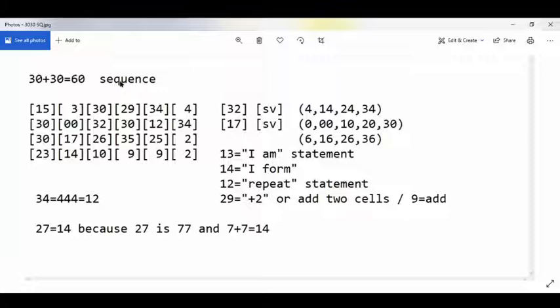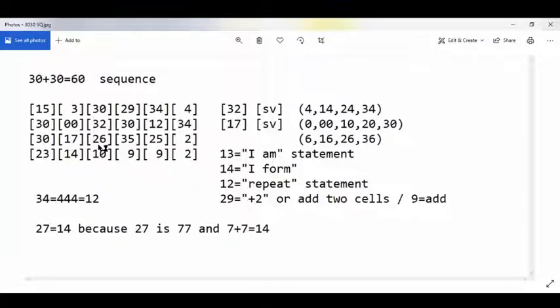Okay, well, whenever you see a 30-30, it will link to a 60. Like right here you got a 6 and it links to a 0. Over here we got a 30-30 also, and so that has to link to a 60. In other words, it has to link to this 6. And the only way it could actually do that is because it has to have a bridge of some sort, a statement that allows a bridge. It basically allows this to connect right at this point and then form a 60 here or form a 60